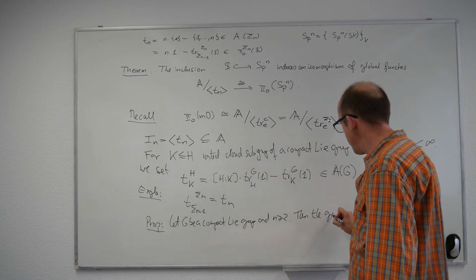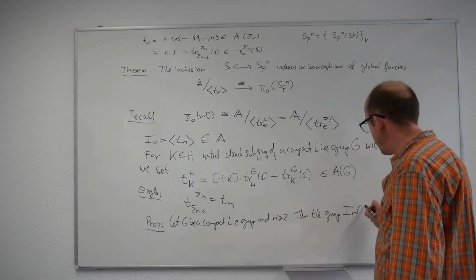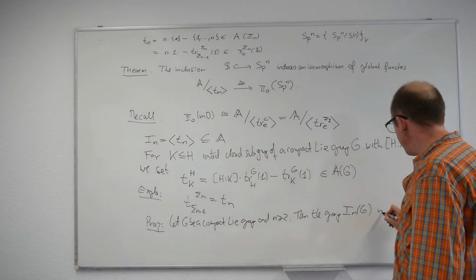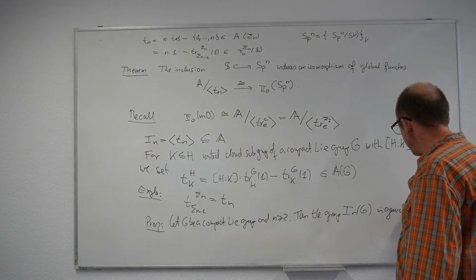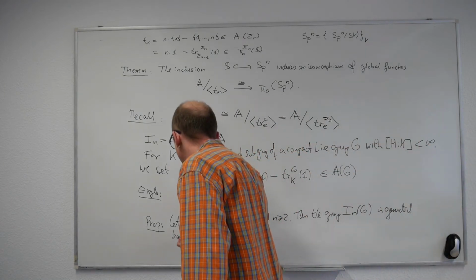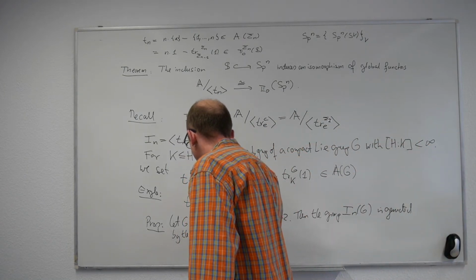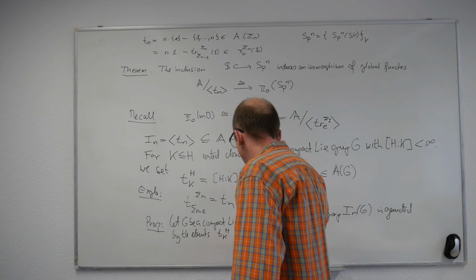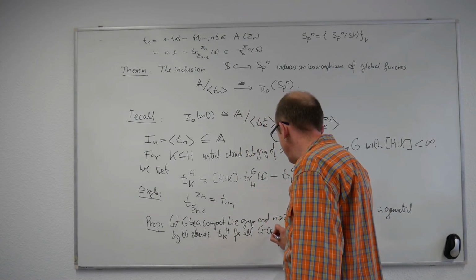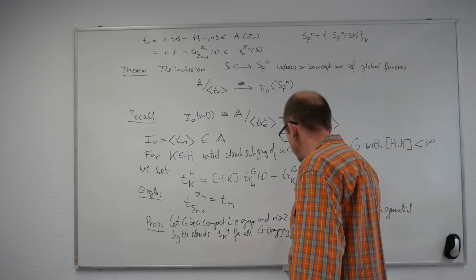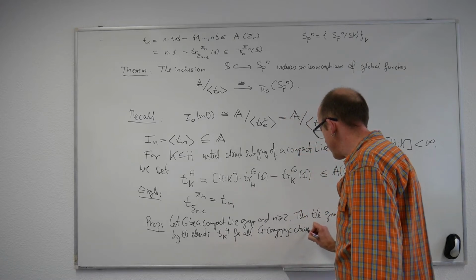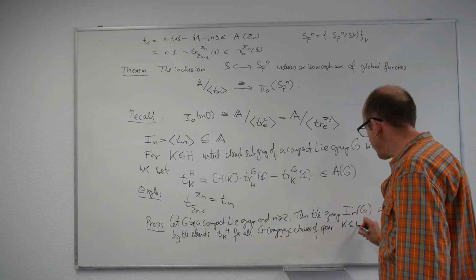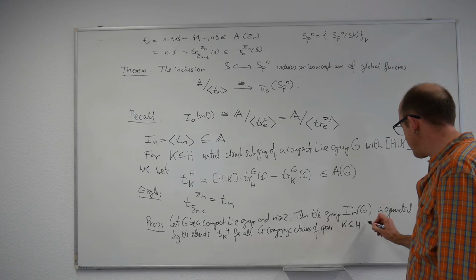Then the abelian group In of G, so the value of this global functor at the given group G, is generated by the elements T K H for all G conjugacy classes of pairs K in H, so these are closed subgroups and they sit inside each other, such that